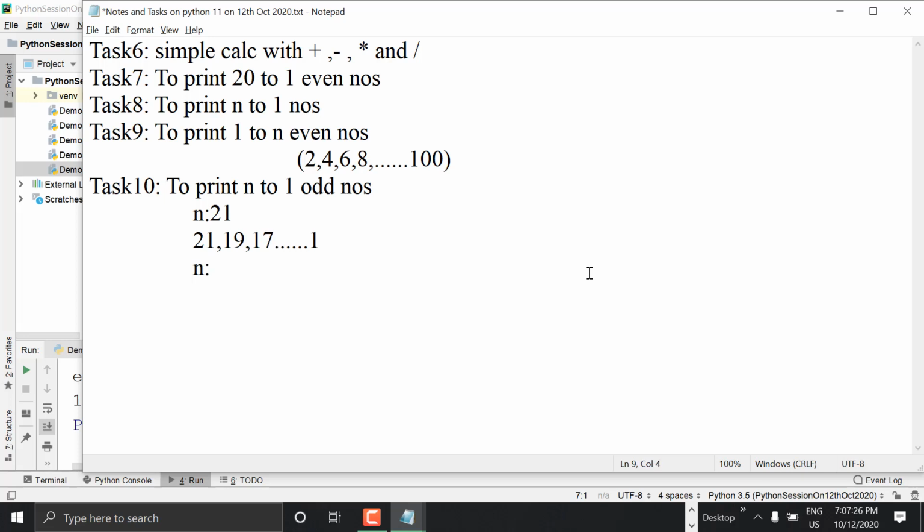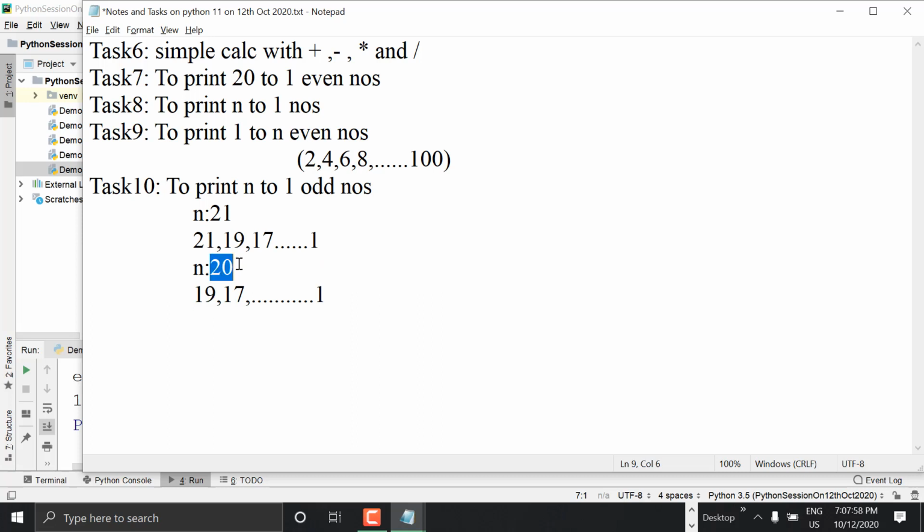Whether the input is an even number or an odd number, I should get only odd numbers as the result. I mean, I need to start from the nearest odd number. Suppose 21: 21 itself is an odd number, so we continue from 21. But if I give n value 20, I need to start from 19 because 20 is an even number, so I shouldn't print it. Like this, you need to do the small validation. So that you need to check. Is it clear, guys?